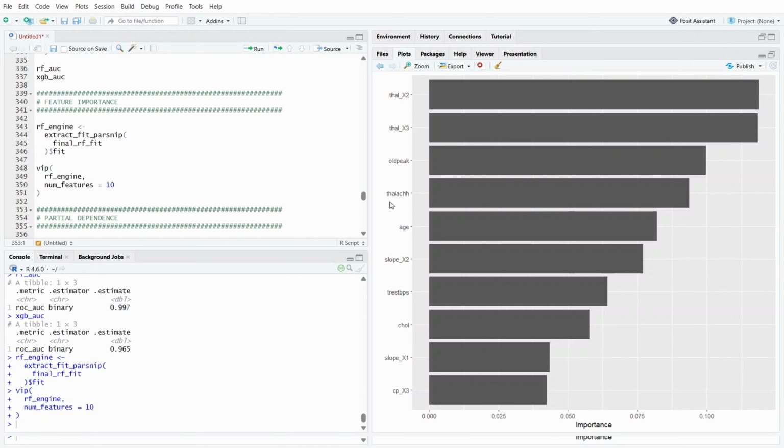Maximum heart rate achieved during exercise, represented by thalach, is also highly important. This suggests that a patient's cardiovascular response during physical exertion provides valuable information about underlying heart health. Age ranks among the top predictors as well, reinforcing the well-established public health finding that cardiovascular risk generally increases with